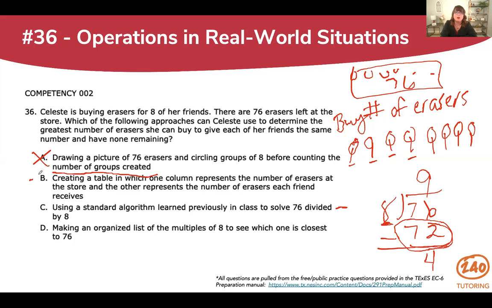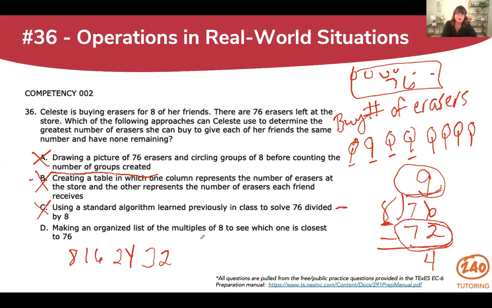Creating a table also tells us the number of erasers each person receives. Using a standard algorithm tells us the number of erasers each person receives. That's what that tells us. The only one that tells us the maximum number of erasers she could buy would be to list out multiples till I got to 76: 8, 16, 24, because I know I've got 8 people,